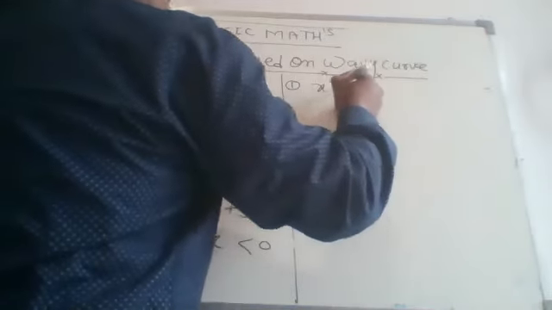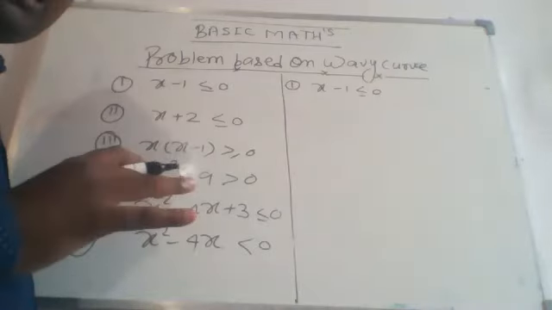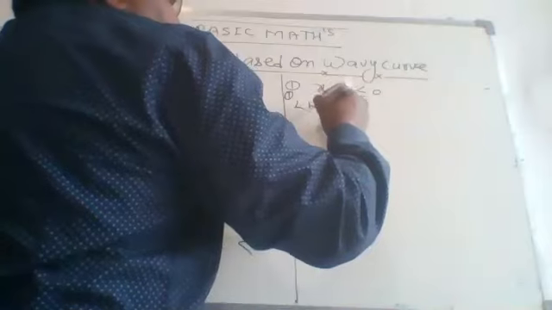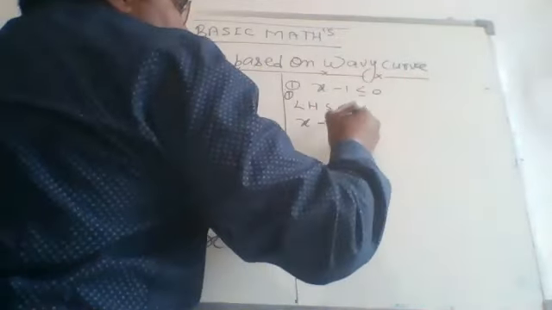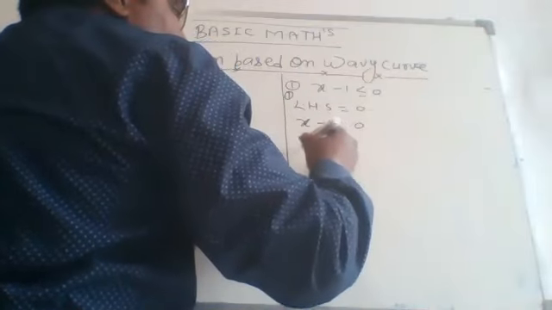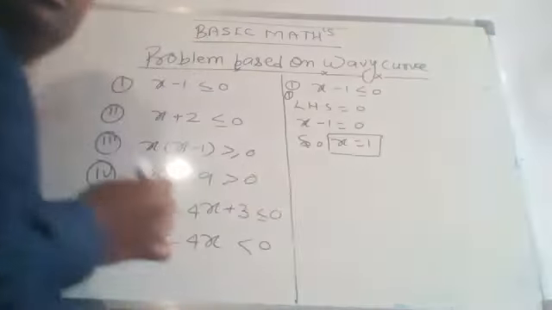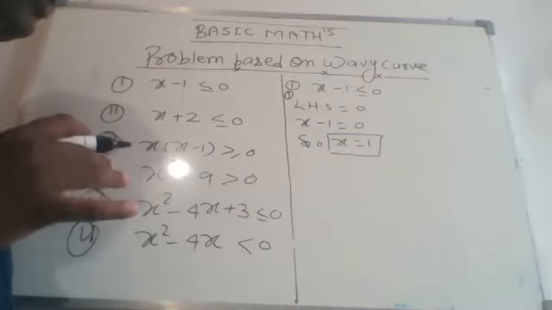First step was, if these two conditions are satisfied, then we have to put the left hand side equal to 0. When you put left hand side equal to 0, what do we get? x minus 1 equals 0. So we get the value of x equal to what? 1. This way we get the value of x equals 1.